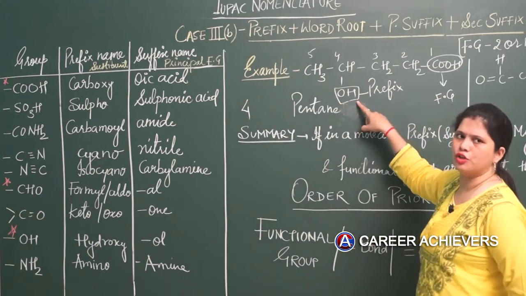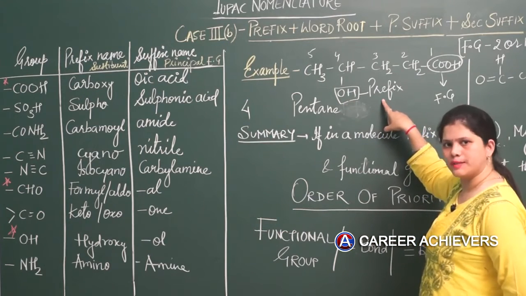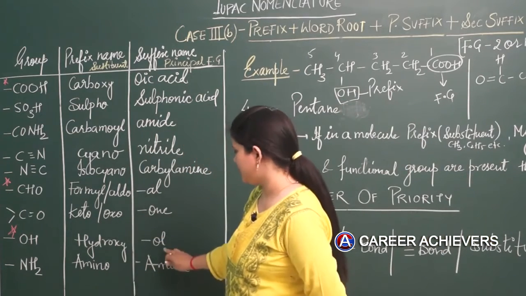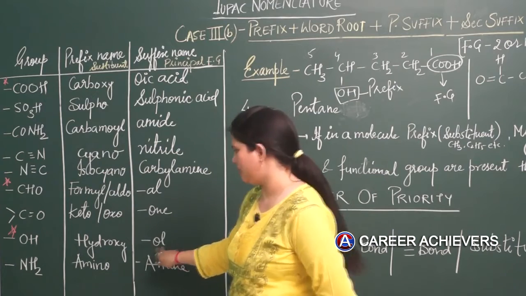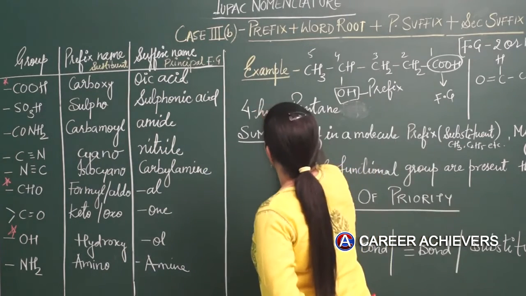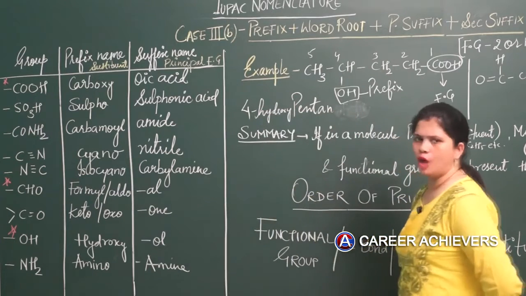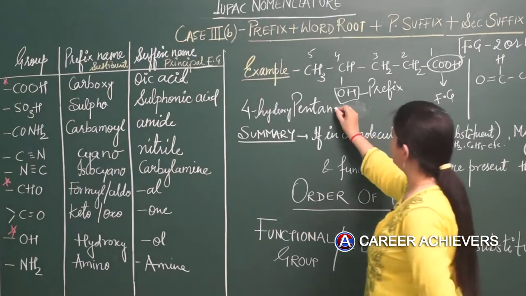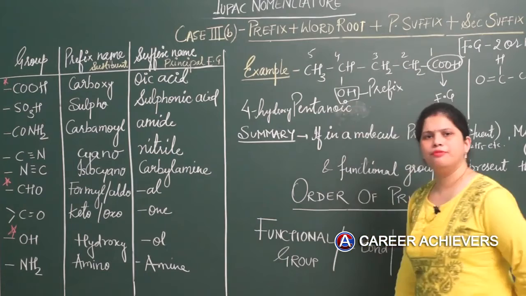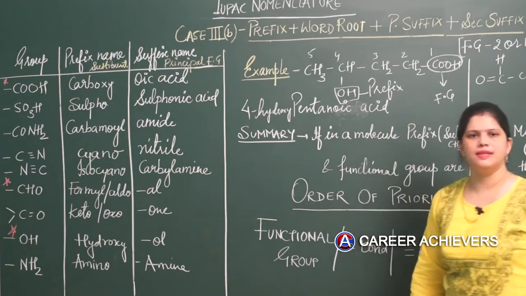So the name would be 4, right? When this particular functional group is supposed to be treated not as a functional group but as a prefix or substituent, then this part of the name has to be used. It means it would not be called OL, it would be called hydroxy, right? So it would be called 4-hydroxypentane. This E would be dropped because here we have to write oic acid, as it is already the first carbon, so we would not be writing its position because by default it is first only, so pentanoic acid. This is the name of this molecule.